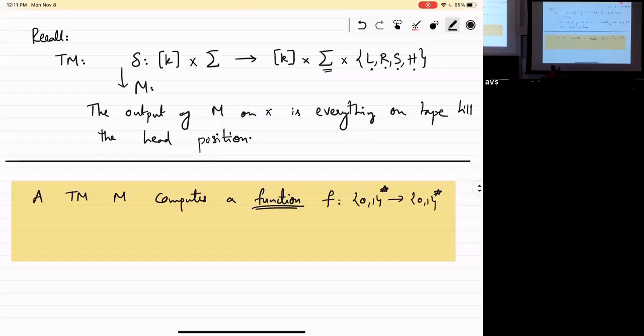Okay, so I tell you a function. Here's my function: I want to check whether my string is a palindrome or not. Now, if X is a palindrome, the output should be 1. If it's not a palindrome, the output should be 0. And we'll say that a machine M computes the function F if for all inputs, M of X equals F of X. Okay?